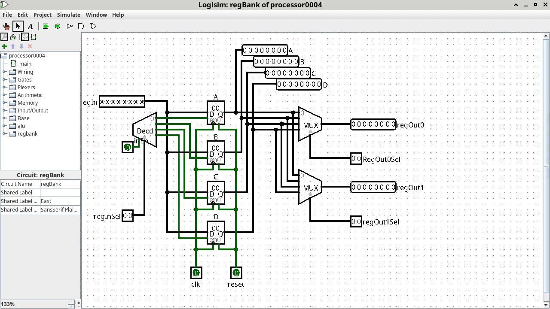The register bank contains registers A, B, C, and D. Now, the names A, B, C, and D are really just an easy way for me to identify the four registers. But these are the four registers that are, quote unquote, software addressable, which means in the instructions that we specify, such as the subtract instruction that we talked about on Tuesday,